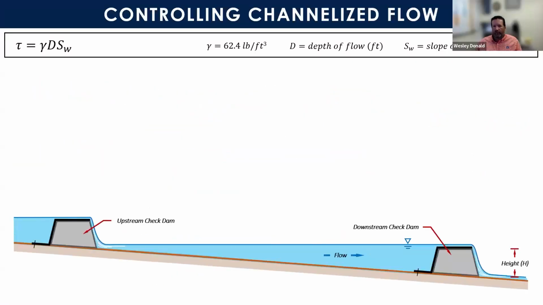So putting in control measures like check dams, ditch checks, can reduce and flatten that energy grade line or that hydraulic grade line, which is that even though our slope is somewhat steep, the slope of the hydraulic grade line or that water surface approaches zero. And as that approaches zero, then our shear stress approaches zero. So we are reducing that shear stress and erosive impacts.